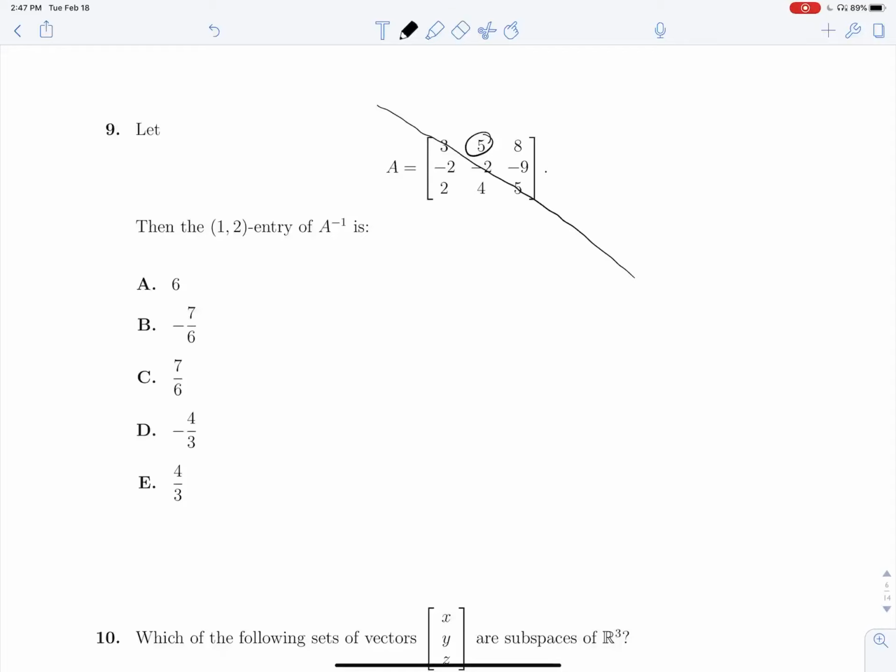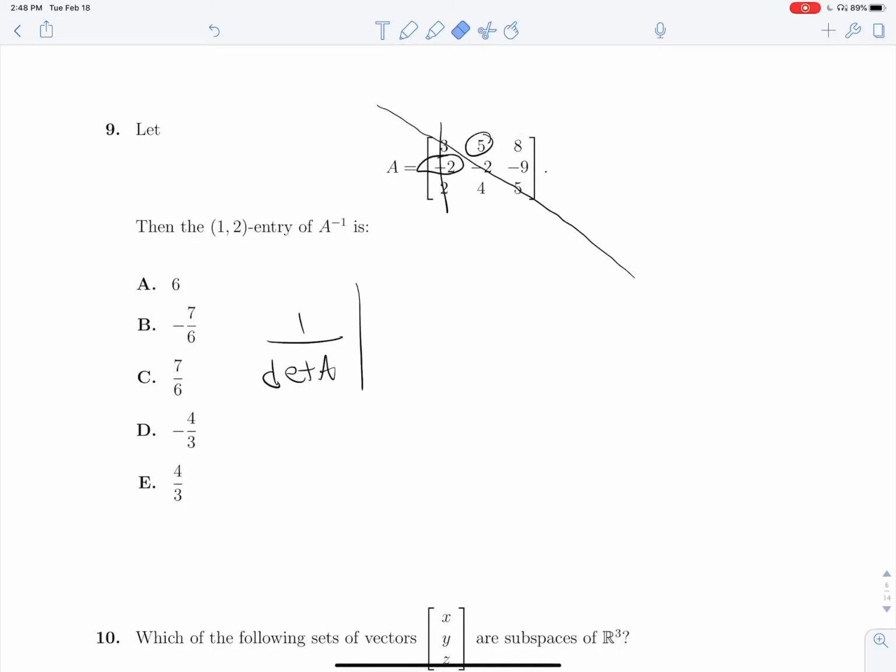So we are going to be finding the determinant of the matrix, so 1 over the determinant of A, and we're going to be multiplying it by the cofactor of that position. I encourage you guys to look at some videos for this if this is confusing, because it's definitely confusing. I still forget steps every once in a while, and I'm not the best at explaining exactly what's going on. But the cofactor for this is just going to be the determinant of the matrix that is not in the row